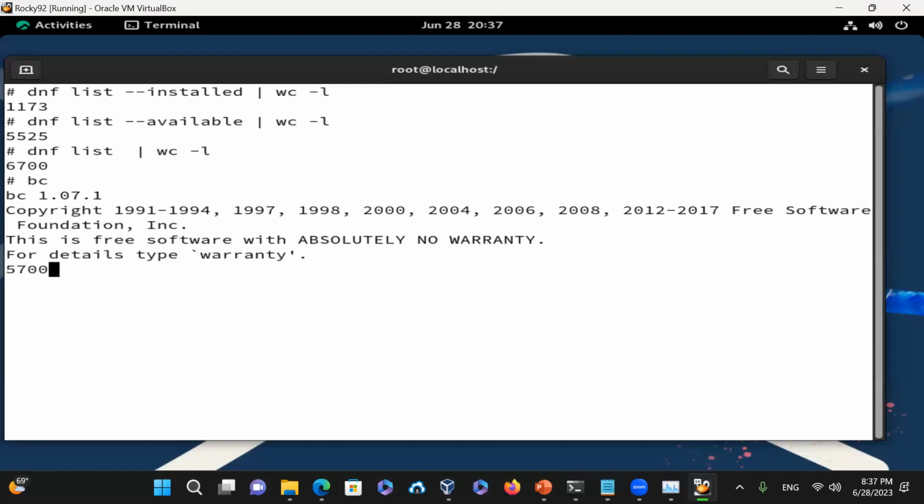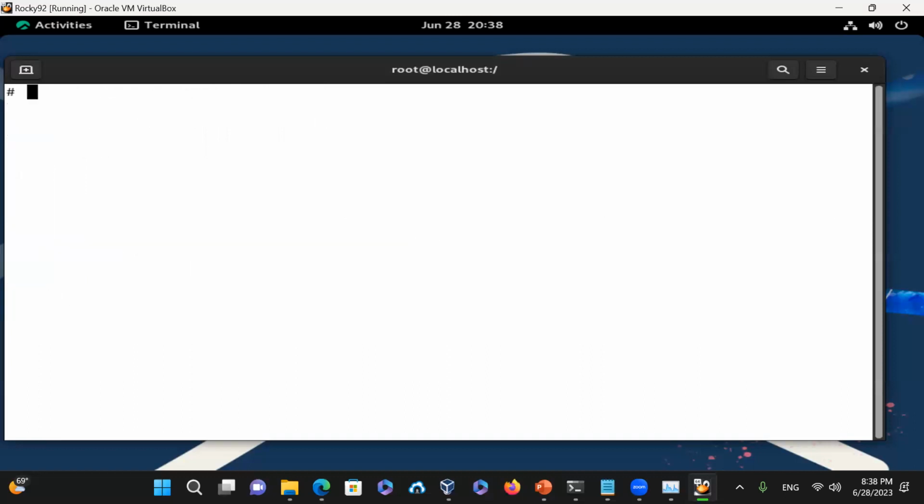67,000 minus 6,700 minus 1173, it doesn't give you exactly 5525. It gives you 4527. And there's some other ones that are available, and then some of them are not available. You have to do a subscription repo list and enable them, and then get them installed if you want to do that. So let me just check on one more thing here